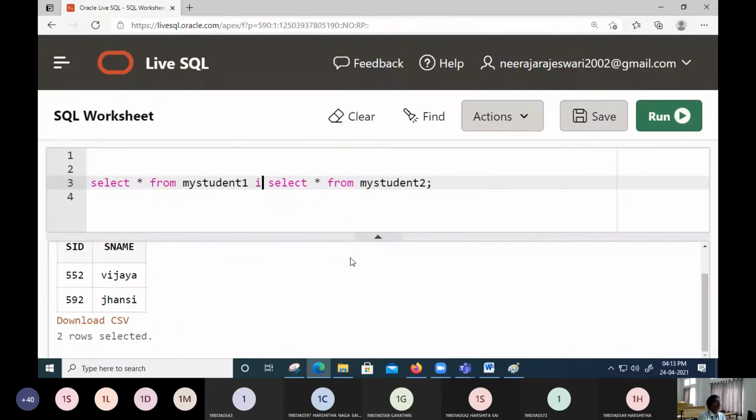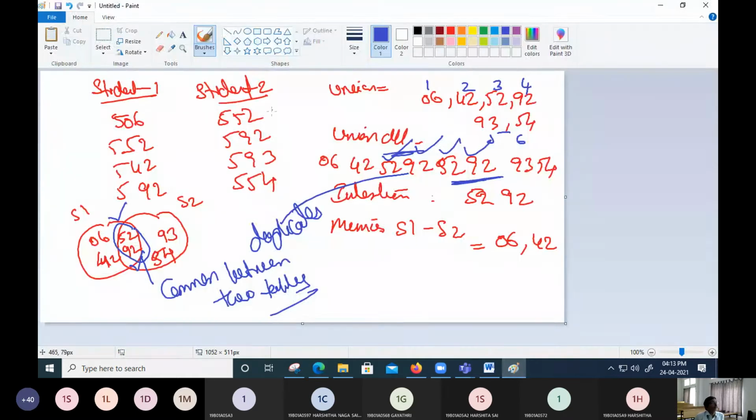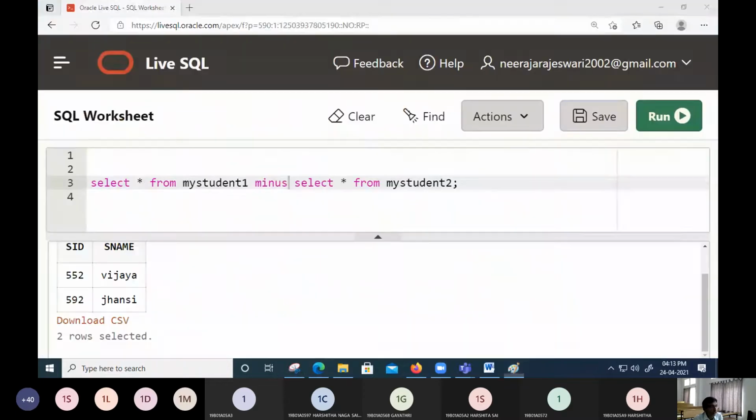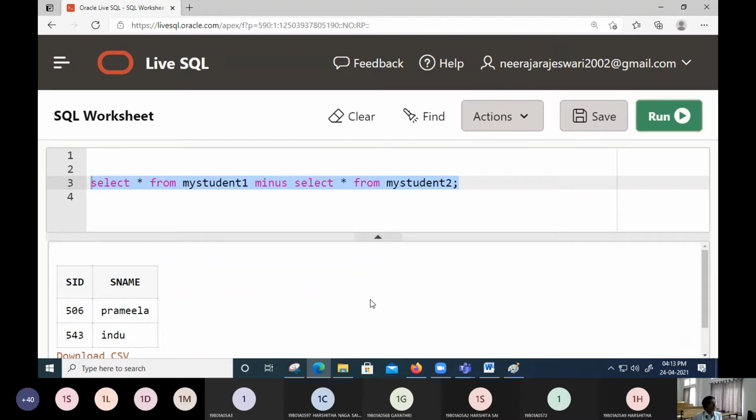Next one was minus. So what are you going to expect from minus? We are expecting the things only in S1. The things only in S1 are 6 and 42. So only these two elements should occur. For that, let us see whether 6 and 42 are going to arise or not.